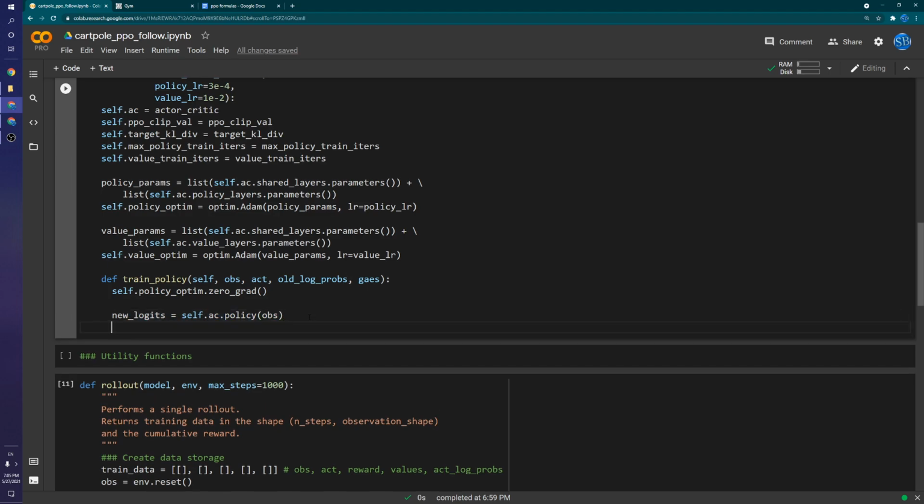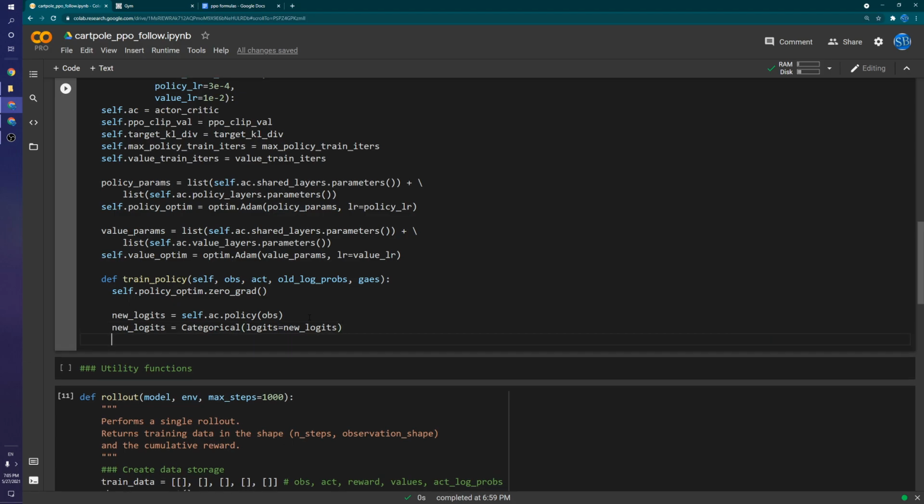And from here, let's go ahead and say new logits equals categorical. So this is a distribution. And we're going to pass in logits equals new logits. And then we can get the actual new